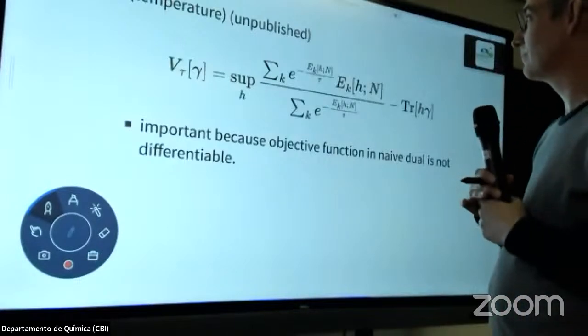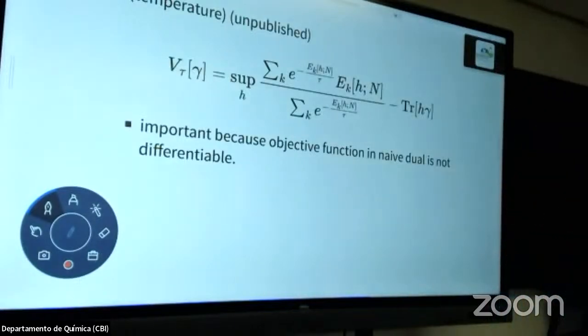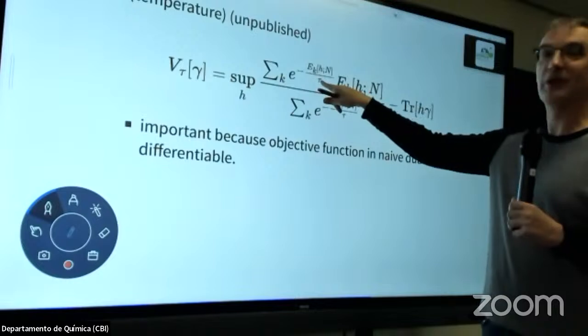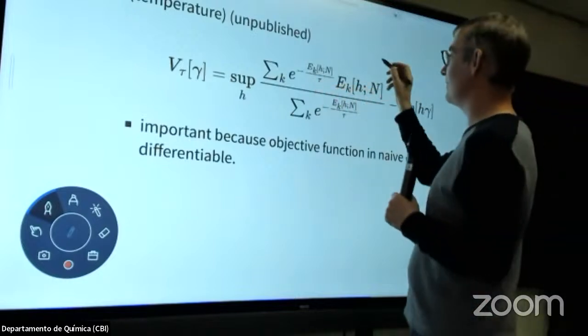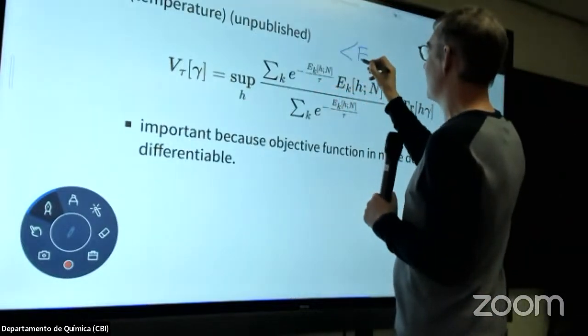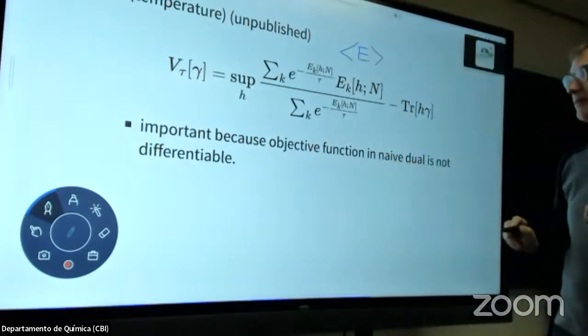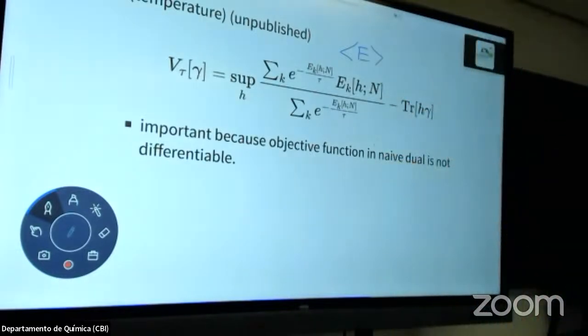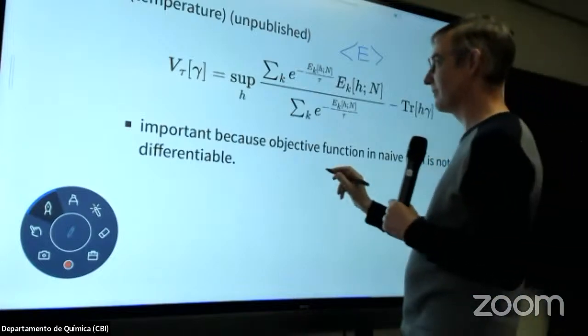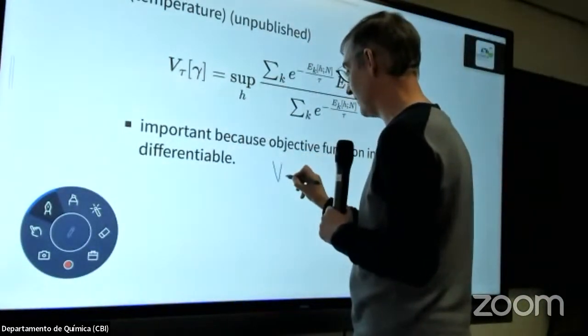Okay. So I told you that this function wasn't differentiable at all. And this is a trick that Jose Luis and Umberto know very, very well, which is when you have a nasty functional, the correct thing to do is put in the temperature, right? So this now is a Boltzmann average. We put in some temperature, right? And this is the expected value of the energy, right? Instead. And so you could write this if you want. And this is now a nice functional, V